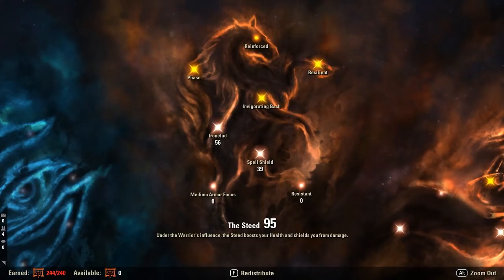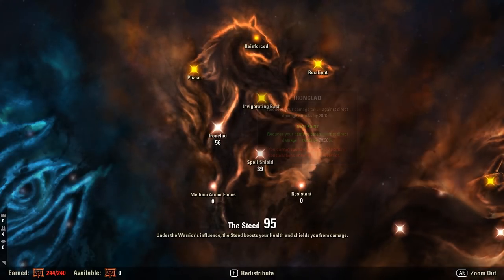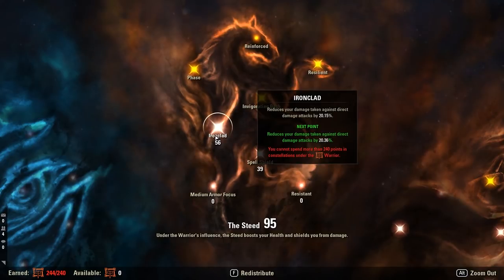regardless of your role, I think you should be putting at least 56 or like 53, 56 points. Let me look at the jump point, actually, so I don't make a mistake here. I recommend putting at least 56 points into Ironclad. It's such a good star. Not putting as many points into this, you're going to be taking more damage. So much stuff in this game, PvE and PvP, is considered direct damage, so you want to invest pretty heavily